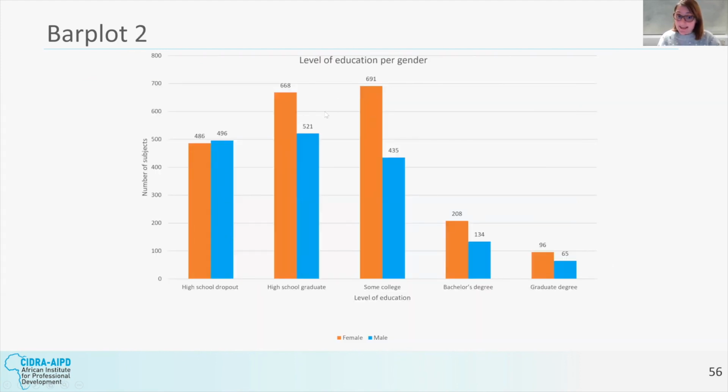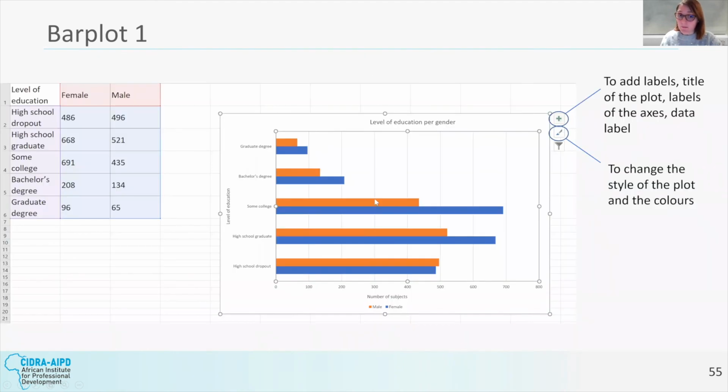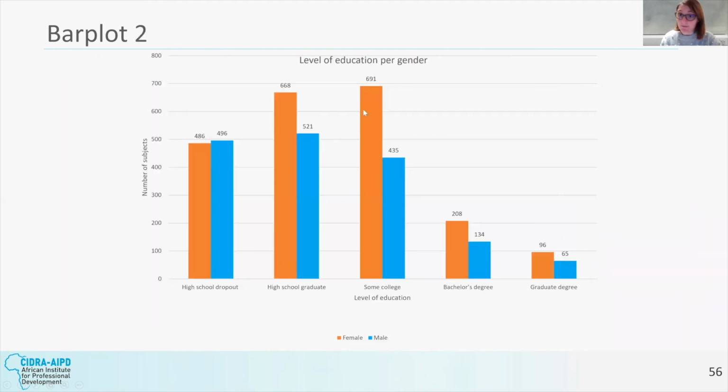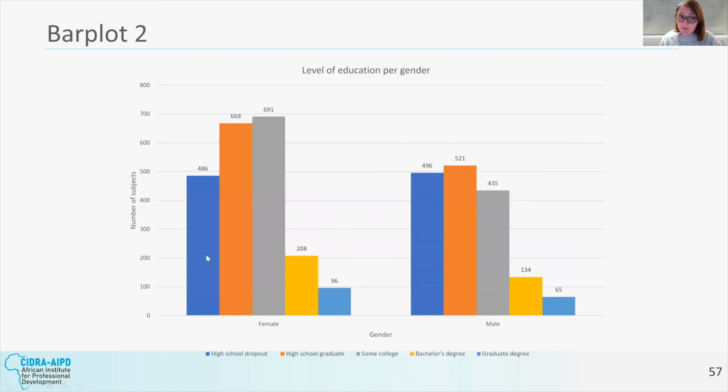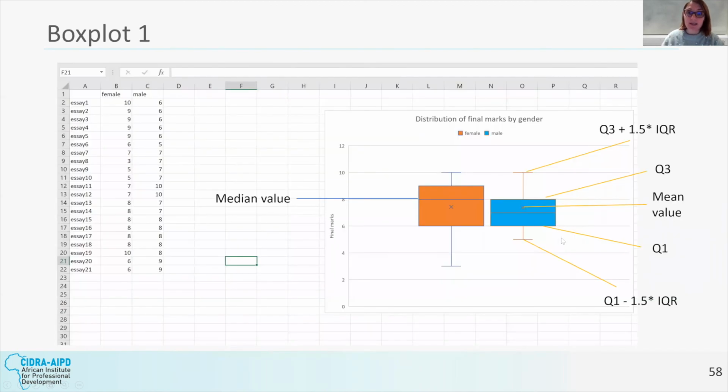This is another way of representing the same information. While this one is a horizontal bar chart, this one is a vertical bar chart. So as you can see, we have not changed much the information. We have decided, for example, to switch the colors. So the orange one will be female in this case, while the blue one will be male. We can represent the same information using this grouped bar chart. So we have female and male on the x-axis, and in this case, the different bars will be represented by the level of education. So the legend is going to tell us, for example, the blue is high school dropout, while the gray is some college, etc. Now let's go and